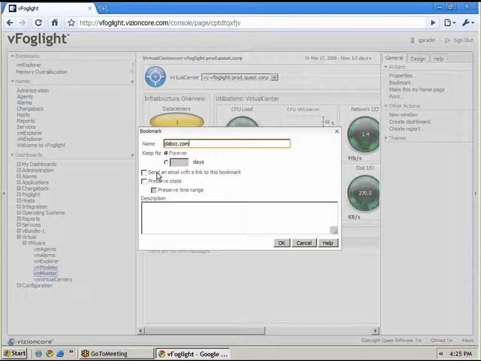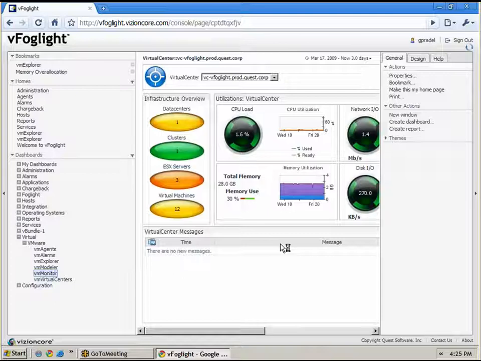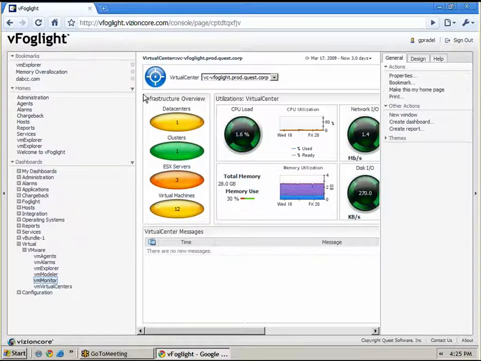Maybe I'm seeing a network problem, and I'm the VMware guy, but I want to send this over to my buddy who's running the network and let him take a look at it. So I can create this and then click OK, and then up in the upper left-hand corner, we can actually go to that. The other bookmark that I created was one that I think is